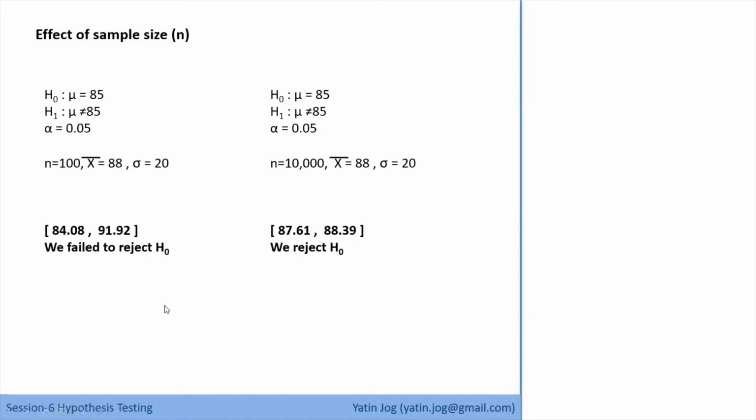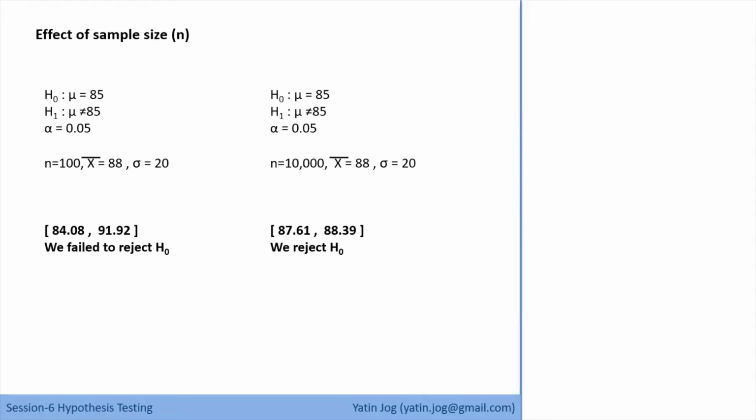So we have two opposite conclusions for similar data from the same population with the same mean and standard deviation, and that is just because of the larger sample size. As you get a larger sample size, you tend to go closer to accuracy. That is a thumb rule in analysis. If you take a larger sample size, you tend to get closer to the accurate analysis. So you should always have a larger sample size.